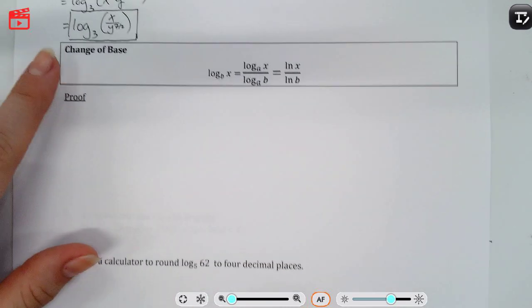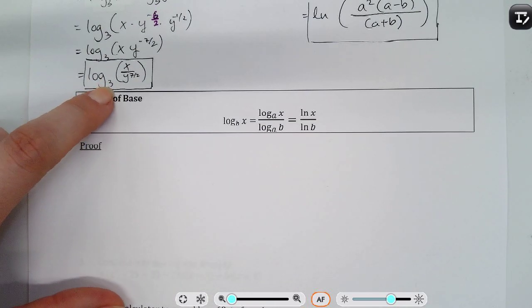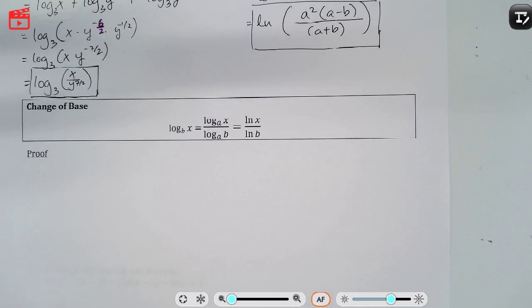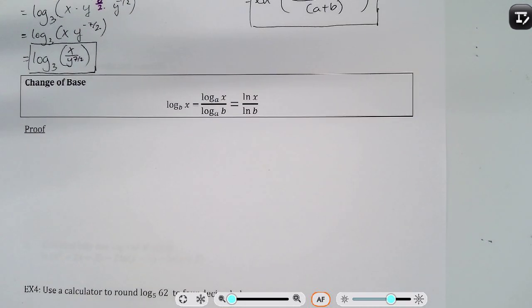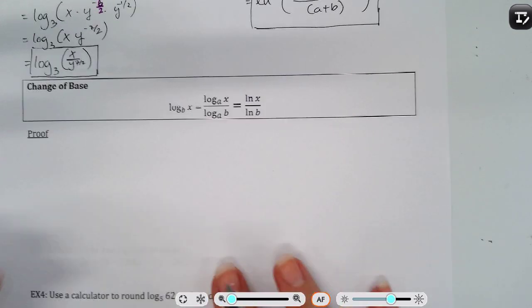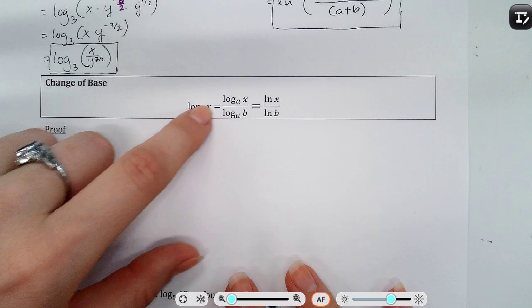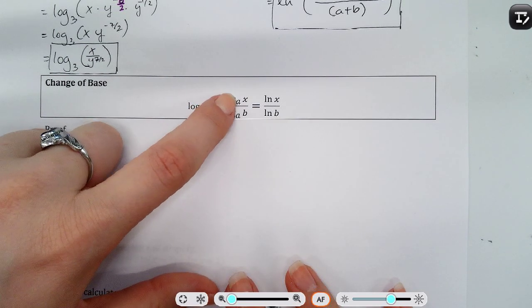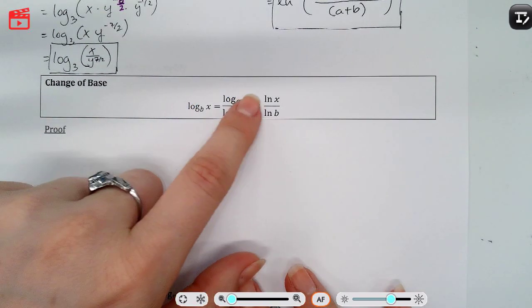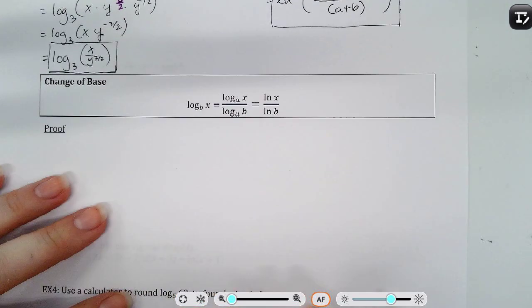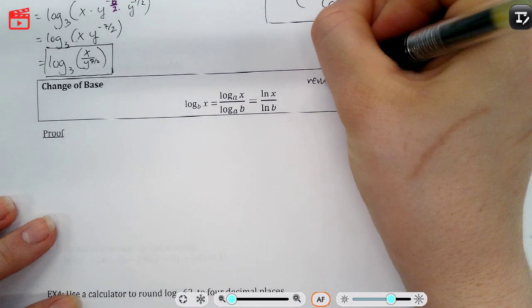But sometimes when we're solving, for example, we get a base 3. But my calculator doesn't work with that, so I'm kind of stuck. Well, what we can do is this thing called the change of base formula. So if we had a base 3, for example, we could finagle our way and create it again with a base 10 or a base e. This is very useful